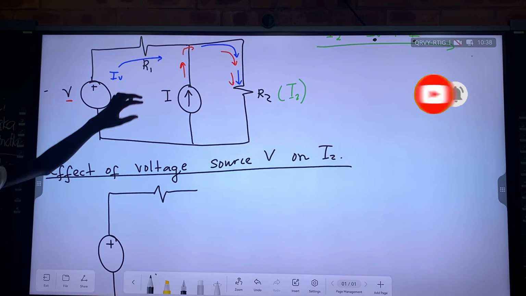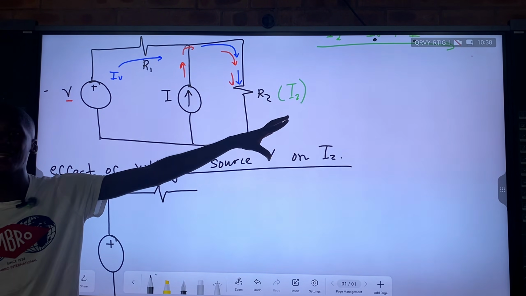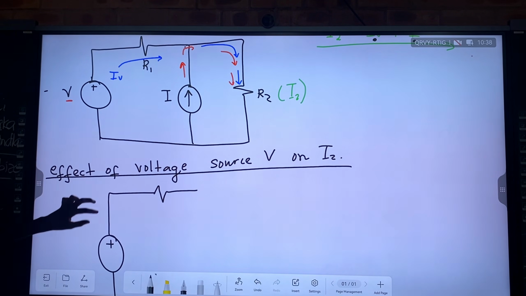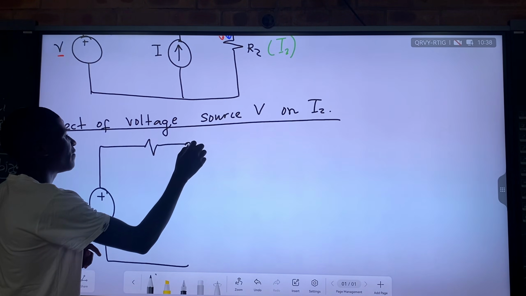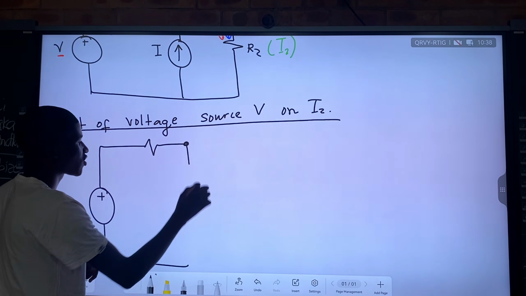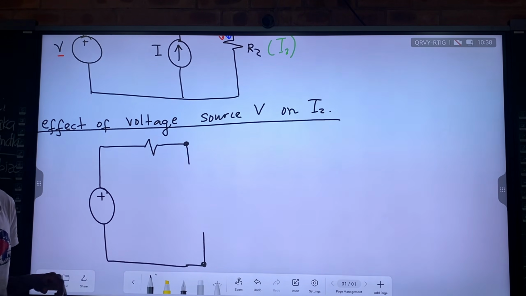So what are we doing? We are going to open our circuit at this point, meaning that we are just going to remove the what? The current source. Do you see it? So we remove our current source, meaning that here we are just going to have an open path. Where the current source was, we have a node, but disconnected. It's like we are opening the switch or something like that.